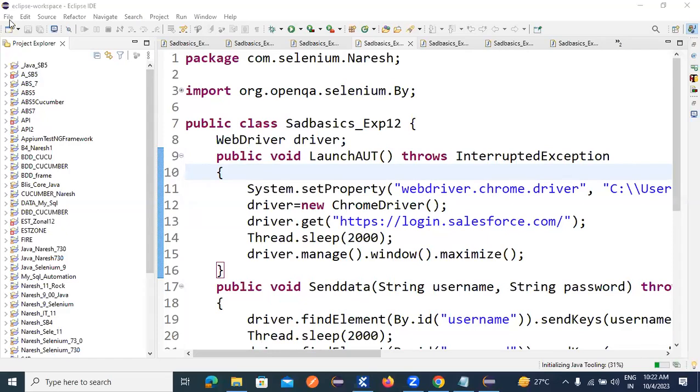Go to File. What is a project? A project is a collection of